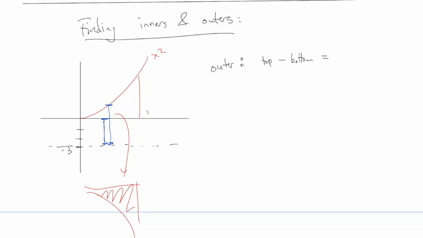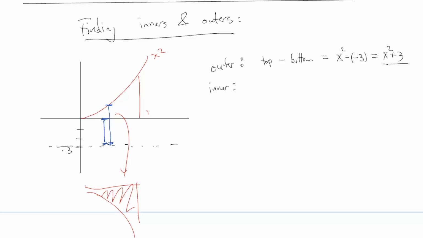Yeah? The top's x squared and the bottom's -3. Yeah, the top is x squared, the bottom is -3. Excellent. So it's going to say x squared minus -3, which is x squared plus 3. So that's the outer in this case. Great. And then the inner,